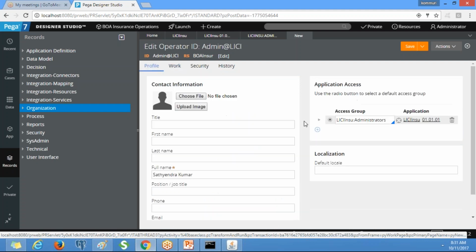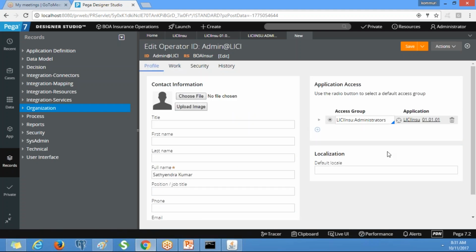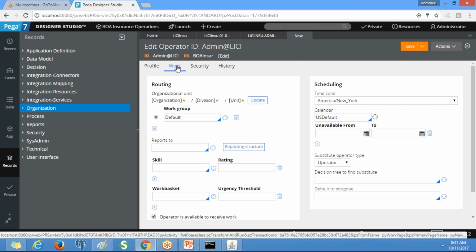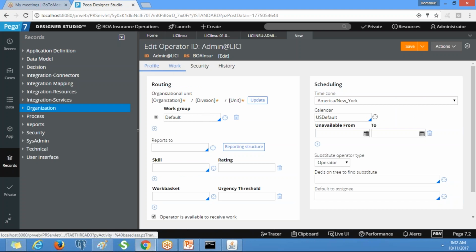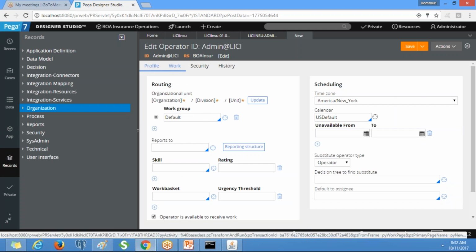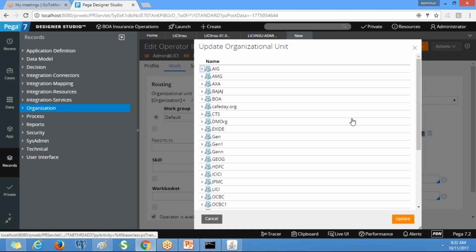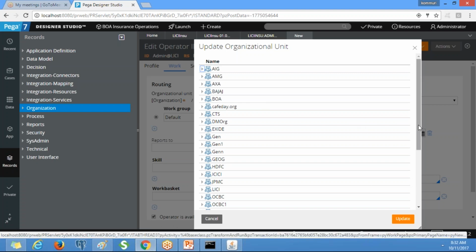In the operator, we need to update the organizational structure. We have created the organization, division and unit, right? So you go to the work tab. You need to note down all these navigations, otherwise you will forget. Go to work and click on update. What is our application?